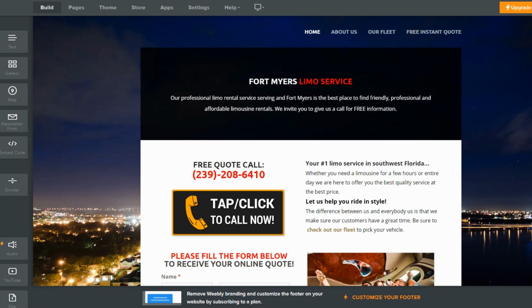And the reason why I wanted to use Weebly instead of WordPress is mainly because I didn't have to worry about updating plugins. I didn't have to worry about buying a template or coding or anything like that. I would just drag and drop very easily, and I would just create the pages very simple inside of Weebly, and it would cost me about $7 to $8 per month per website. Basically, I didn't have to worry about maintaining the website, updating anything, because they would just handle all that for your monthly fee.